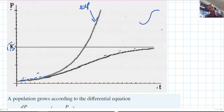Whoops, that's not a very good one. So all right, that's a little bit better. So it's exponential, or like an exponential, but then it flattens out, and theoretically it's asymptotic to that carrying capacity line. That's mathematically. The real world, of course, has lots of factors, but it's a good model for a lot